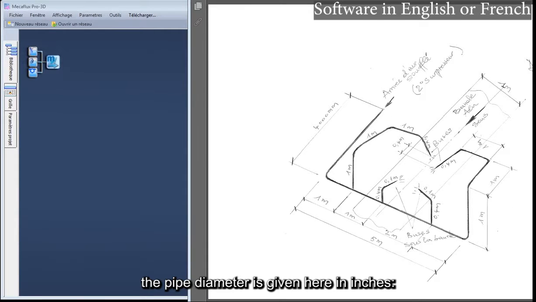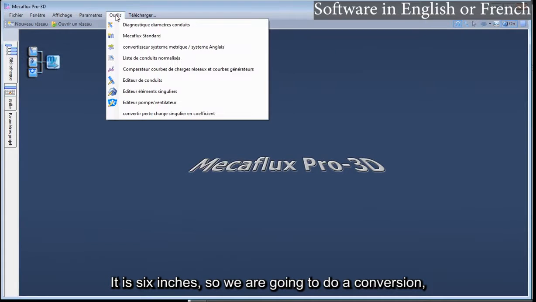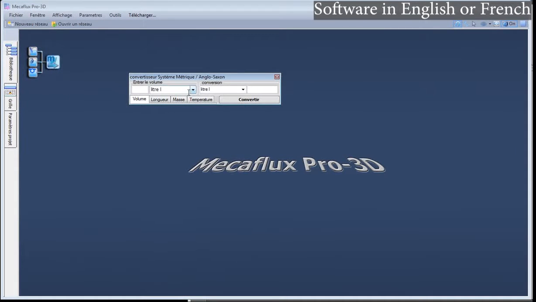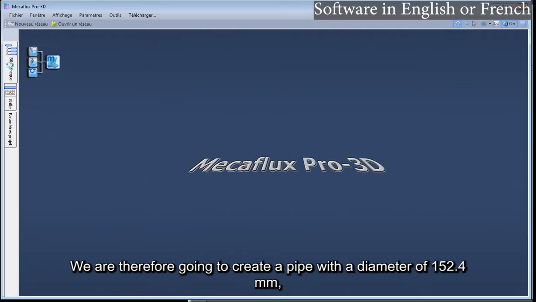The pipe diameter is given here in inches. It is 6 inches, so we are going to do a conversion. So 152.4 millimeters.